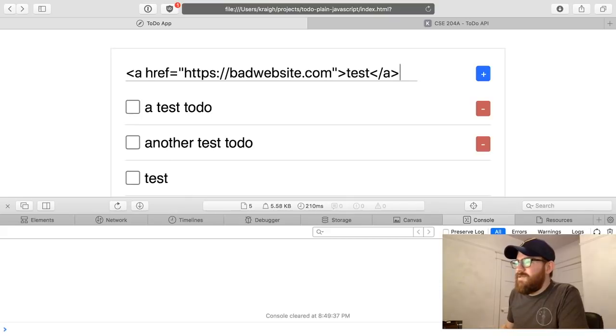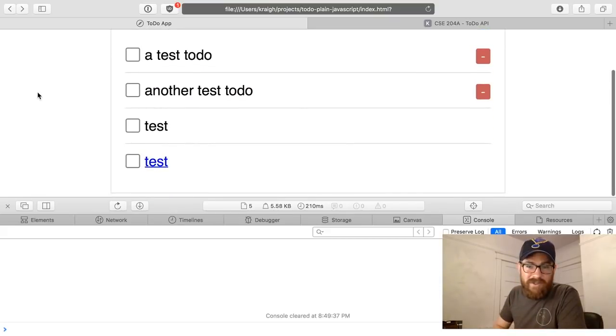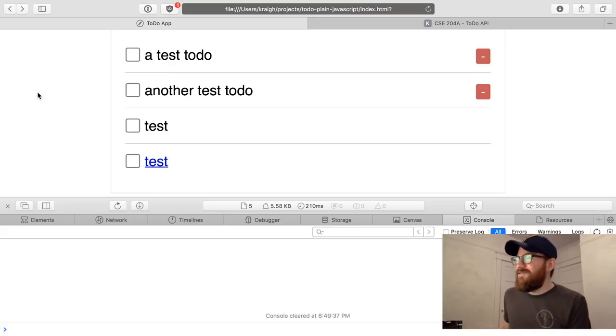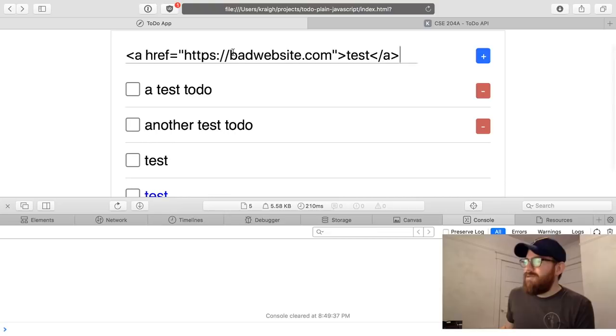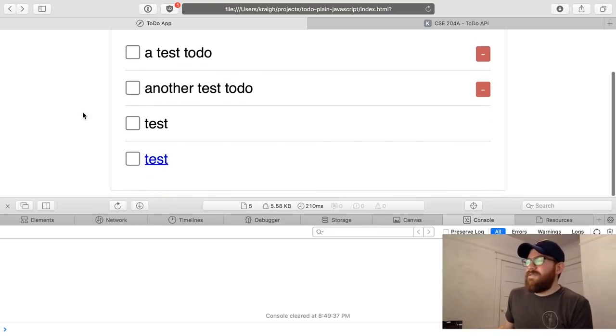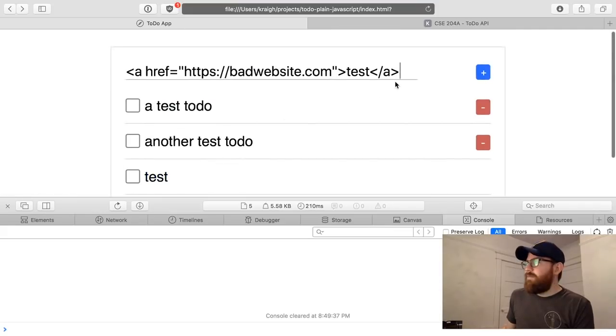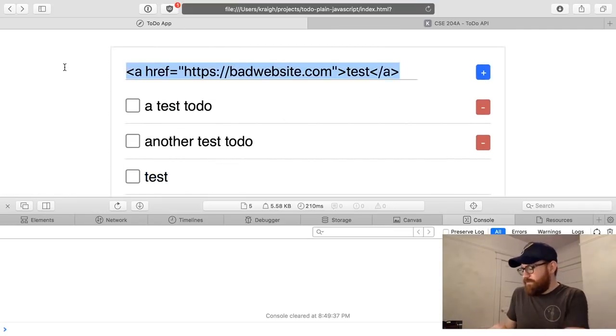Let's see if this works. Hey, it worked. So there's a couple names for this problem. We can do some cross-site scripting here. This is certainly some improper input validation. We don't want this to happen because, for instance,